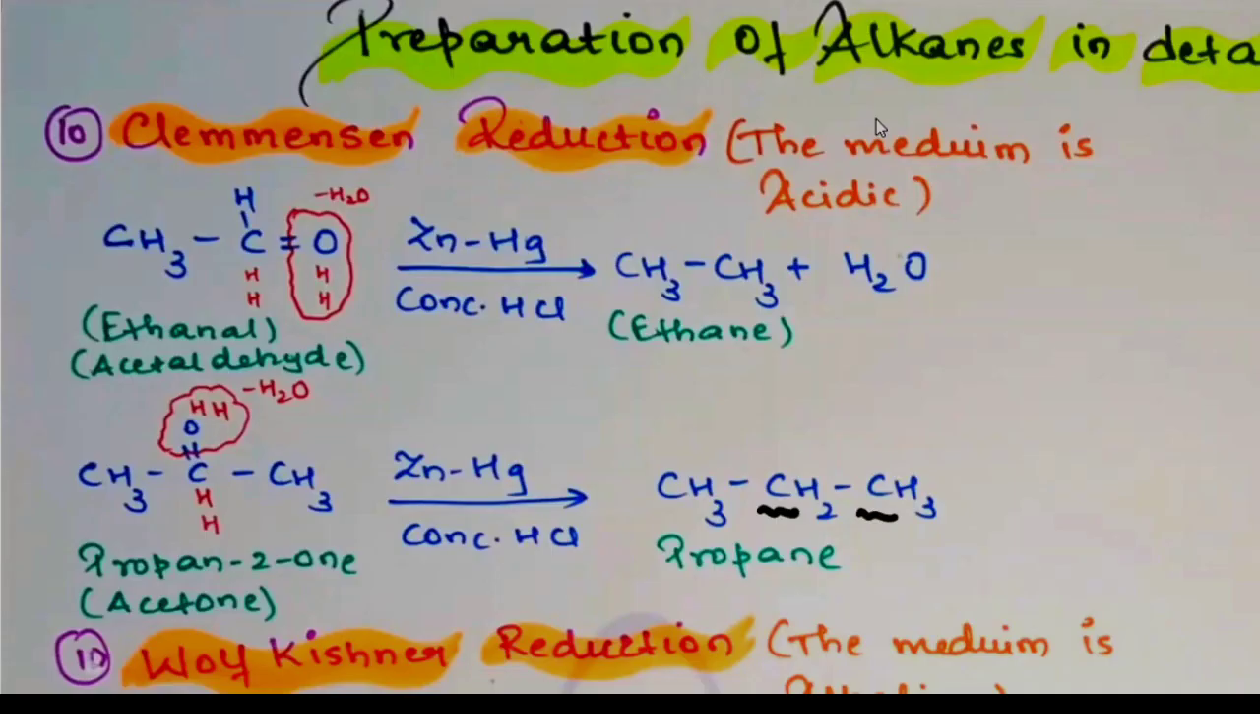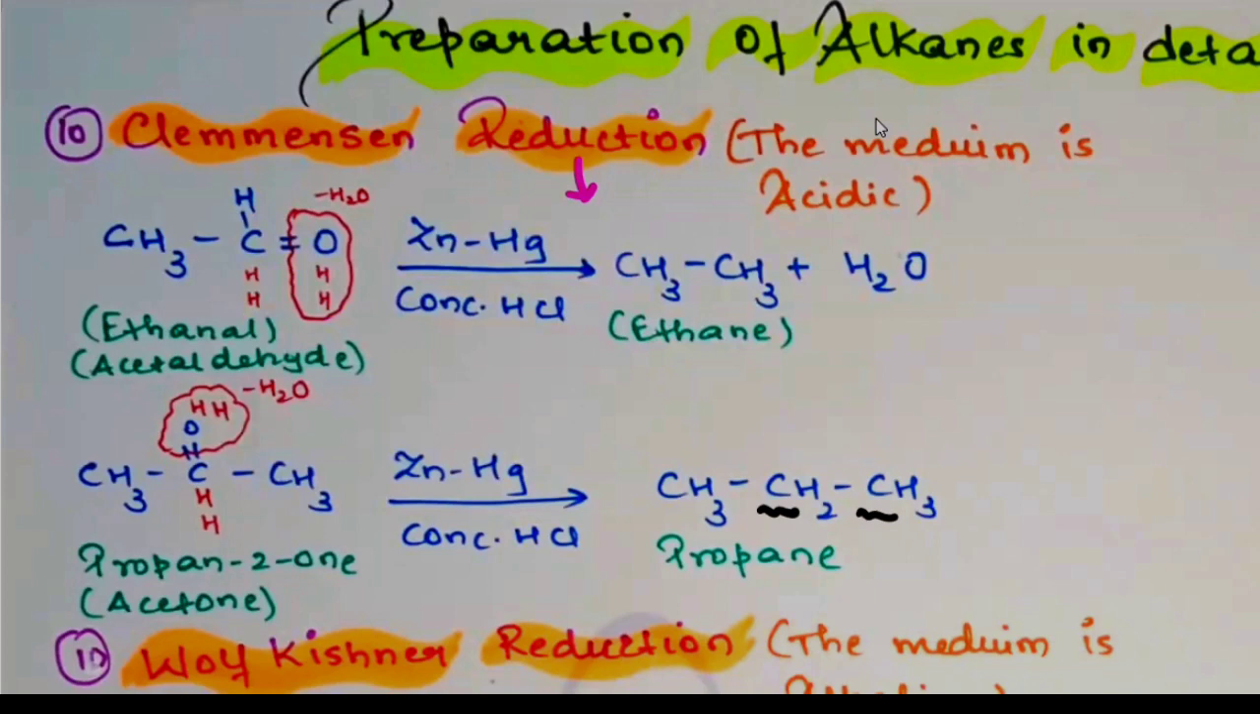Now the next set of reaction is Clemmensen reaction. This reaction takes place in acidic medium. Now, since the word itself is reduction, you need to add hydrogen and remove oxygen. So, I have added hydrogen in this form, and then this oxygen will be removed in the form of water. So, the final product you will be getting is alkane from any aldehyde